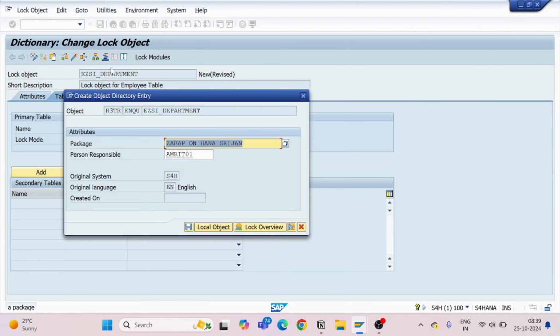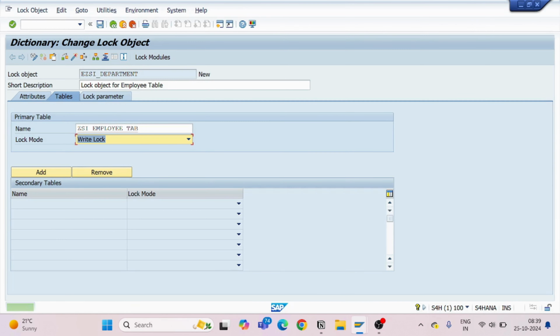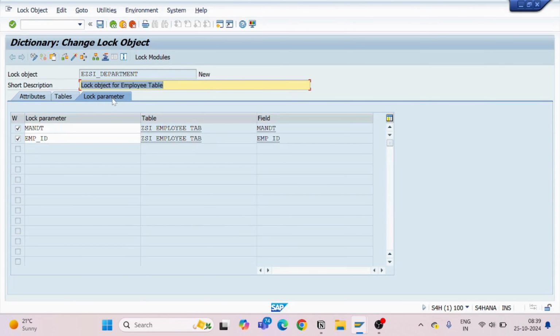and I will click on the save button. I will assign the package and transport request. Now go to the lock parameter, and you can clearly see here that the primary key of your table, all of it will be available in the lock parameter.